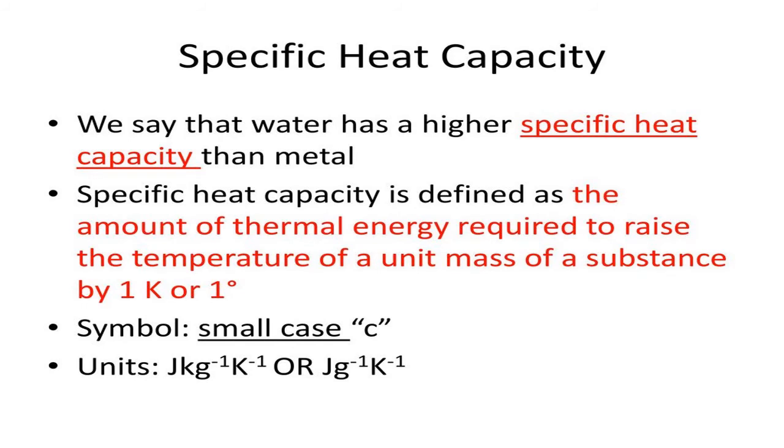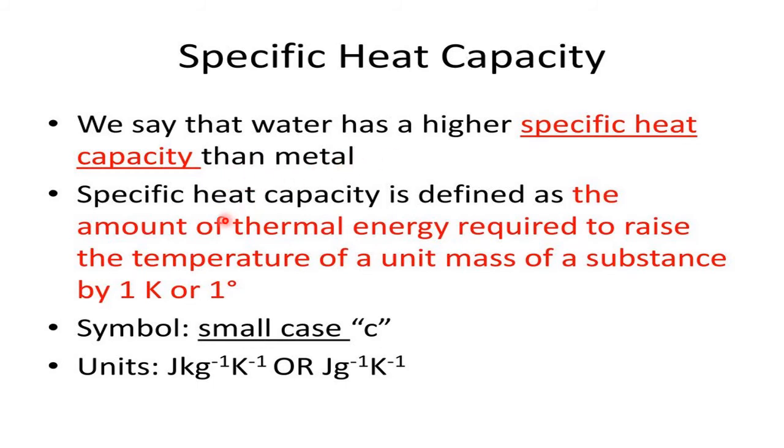Now one more is there. Already we learnt about the heat capacity, then the molar heat capacity. Now, for finding the heat, that is Q, required to raise the temperature of a sample, we multiply the specific heat by mass and temperature change, and that comes under the category of specific heat. That means heat capacity for a specific purpose, where we specifically define the amount as well as the rising temperature. That is known as specific heat capacity. So we say that water has a higher specific heat capacity than metal.